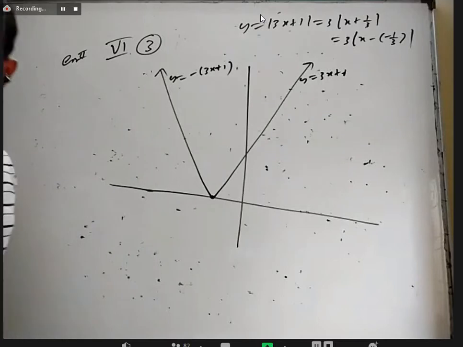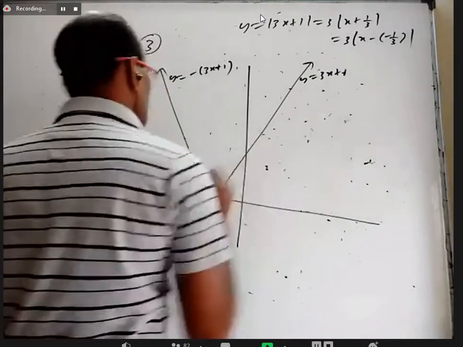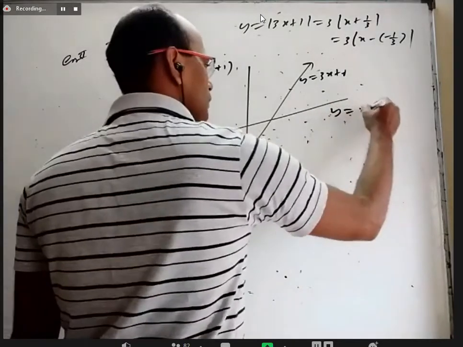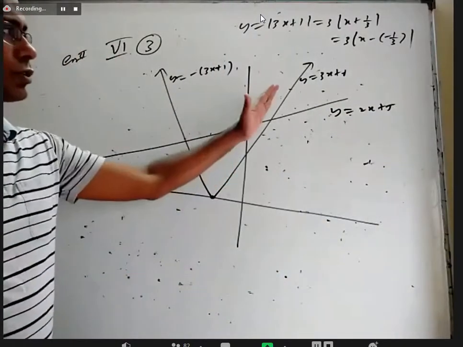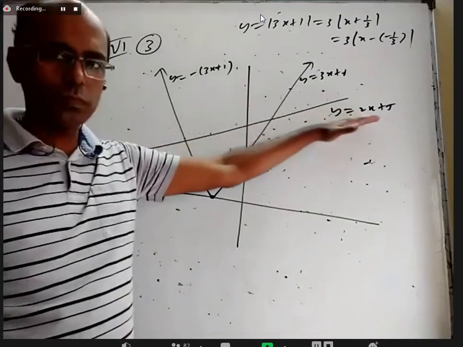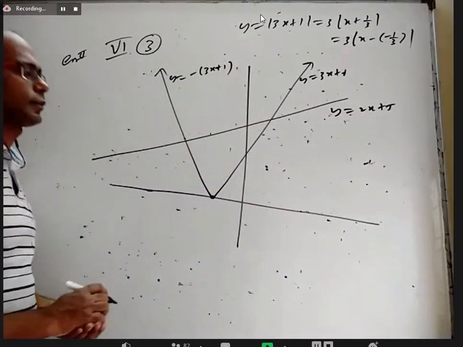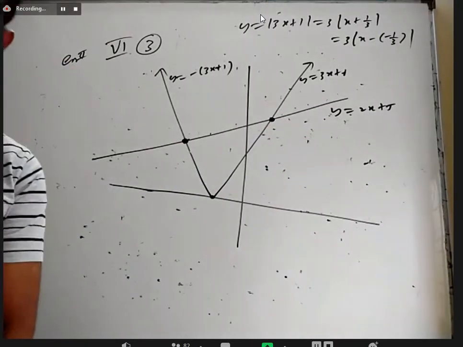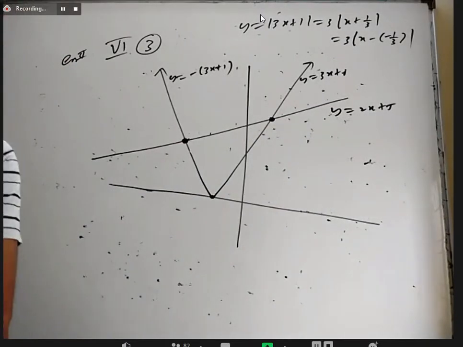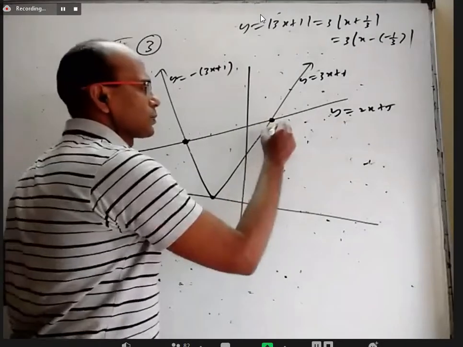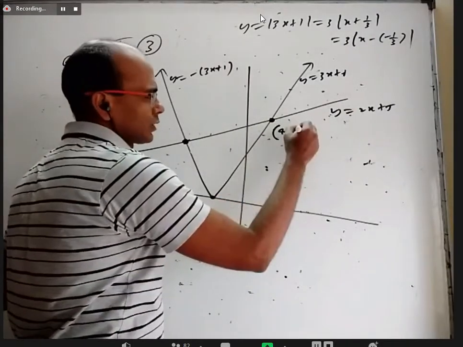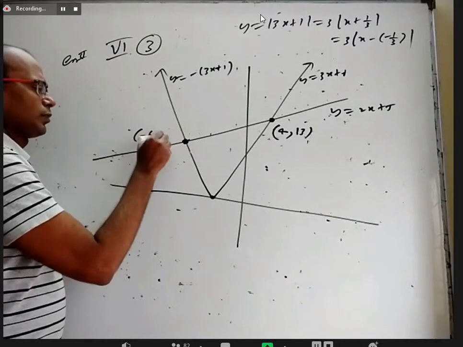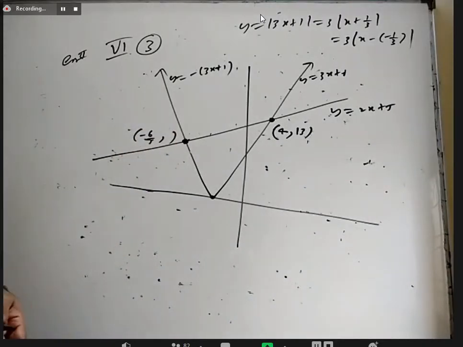Next, RHS is y equal to 2x plus 5. Actually, y equal to 2x plus 5 is like this. This one has more slope, 3, but this one has less slope, 2, a little flatter than that. It is intersecting at 2 points. What is the answer? Did we get minus 6 by 5 to 4, I think. Yeah. So this point is 4 comma 13. This point is minus 6 by 5 comma something. You can find the y coordinate.